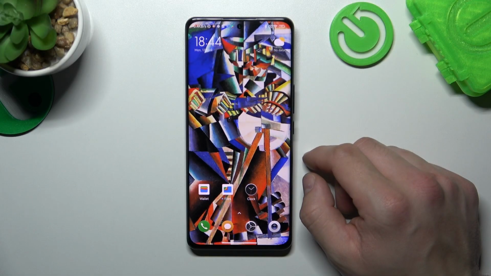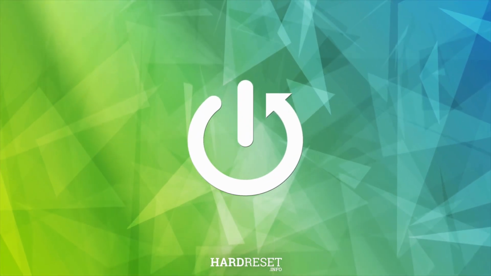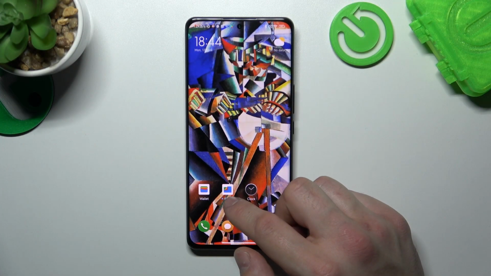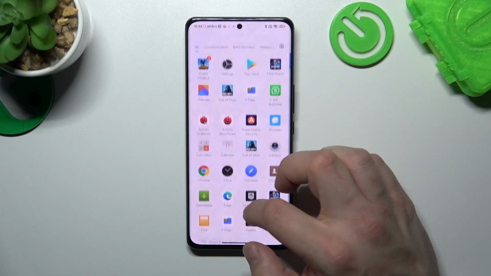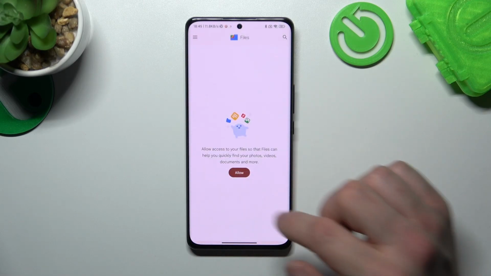In front of me I've got Xiaomi 12S Ultra. In this video I'll show you how to find File Manager. Firstly, let's search for Files app. And thanks to this app, we've got access to